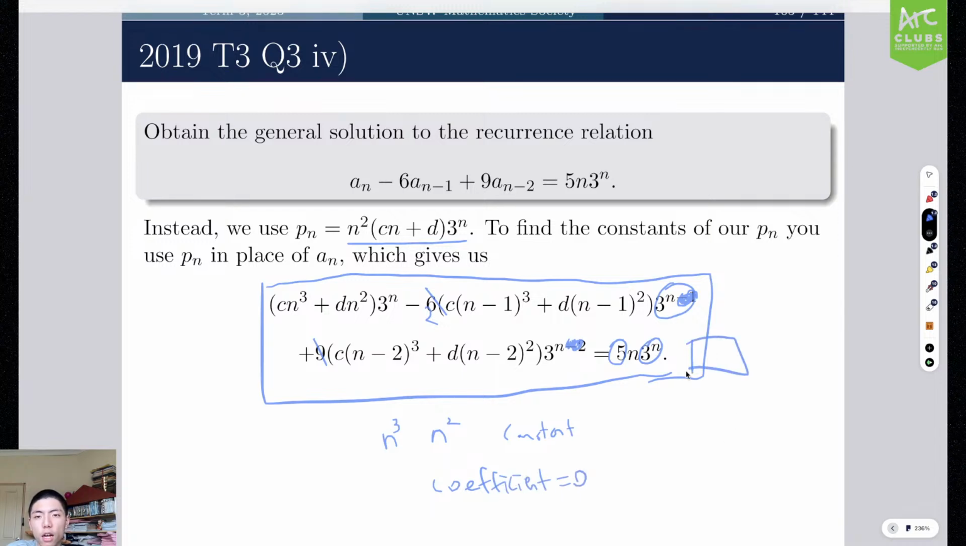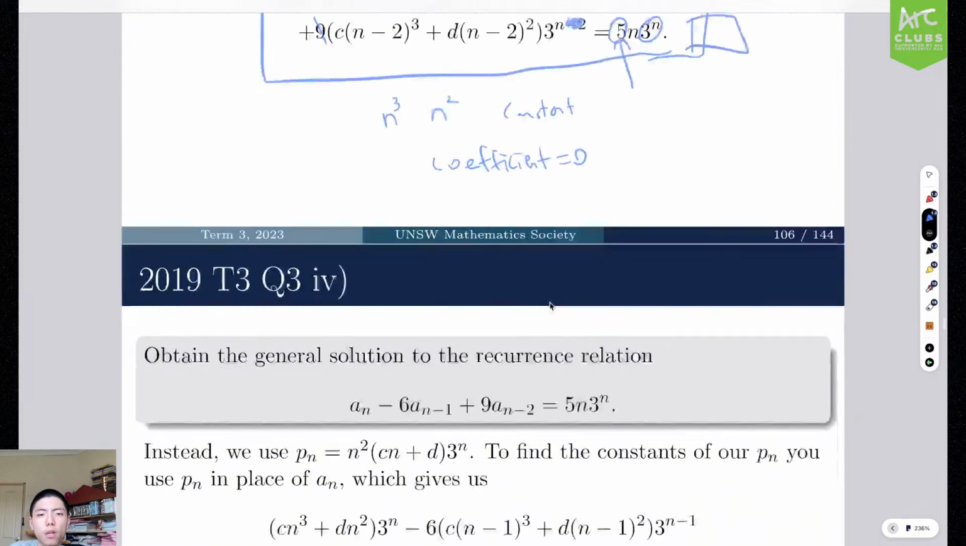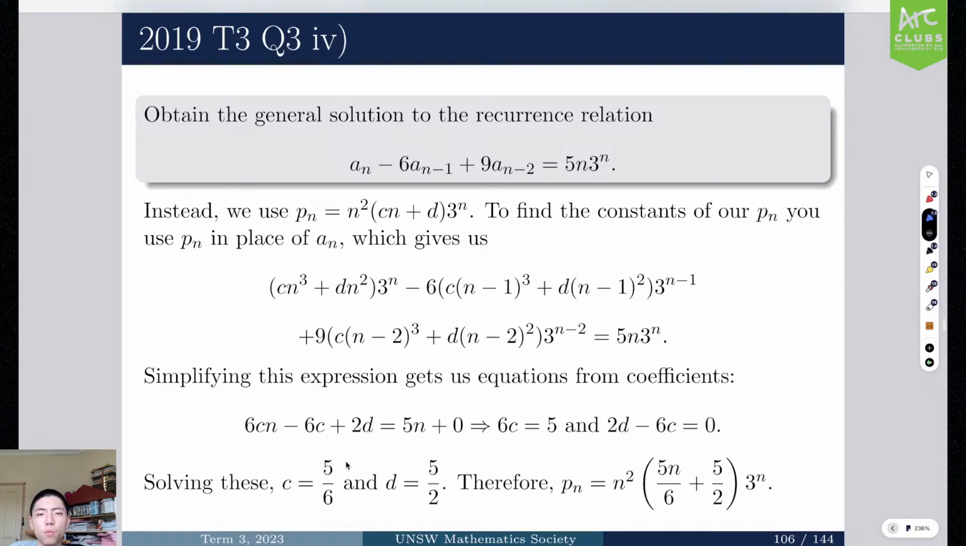Because the right-hand side does not have anything that is n to the power of 3, n to the power of 2, or constants, right? So the only thing that you should have is the coefficients of the linear terms should be equal to 5. Okay, so we get basically a bunch of equations if we do the simplification. And we can now solve simultaneously for the values of c and d. So c equals 5 over 6 and d equals 5 over 2 if you solve these two simultaneous